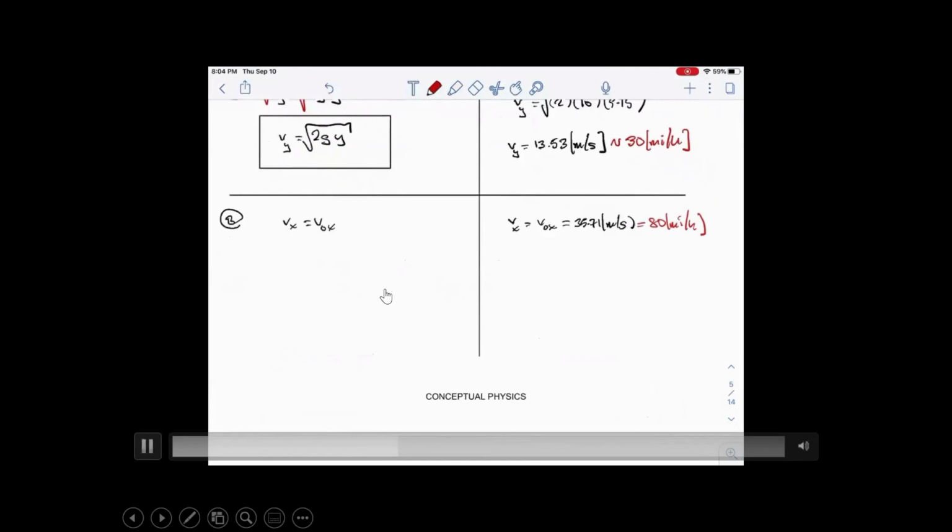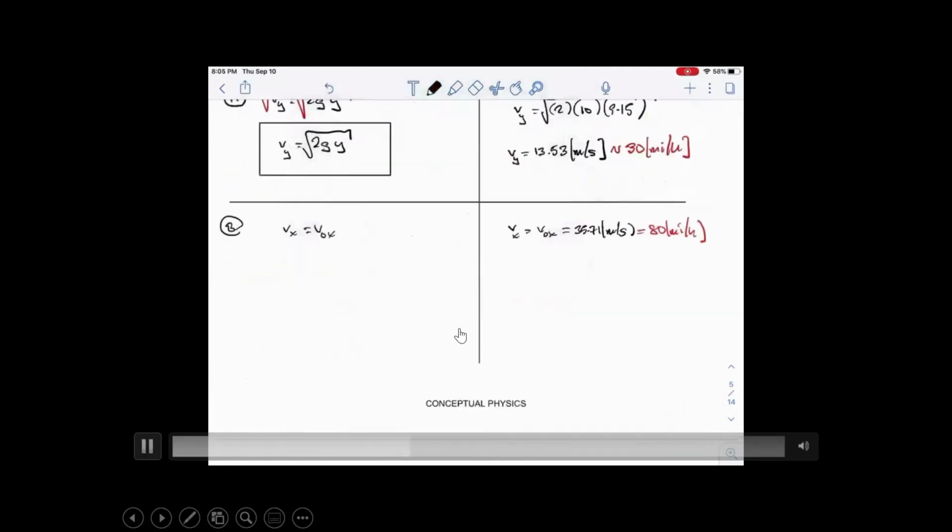So what is his total speed? All right, how do you get the total speed? It's obviously, it's called calculus, but I'm going to